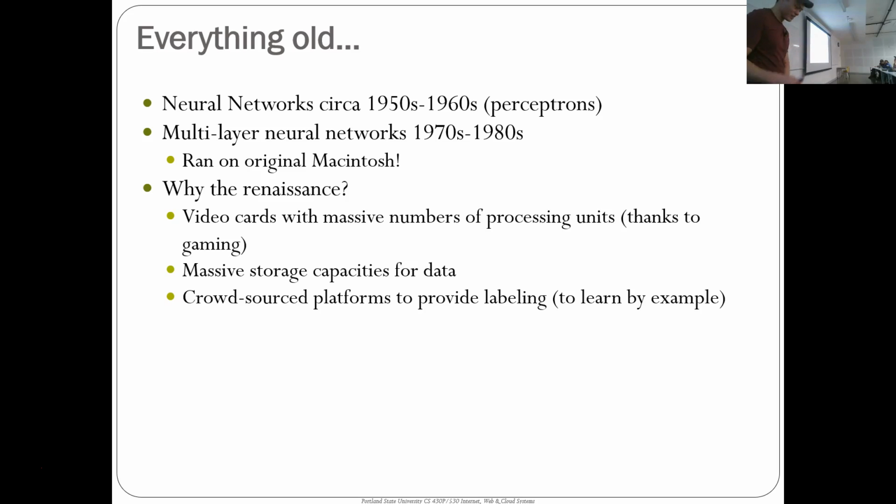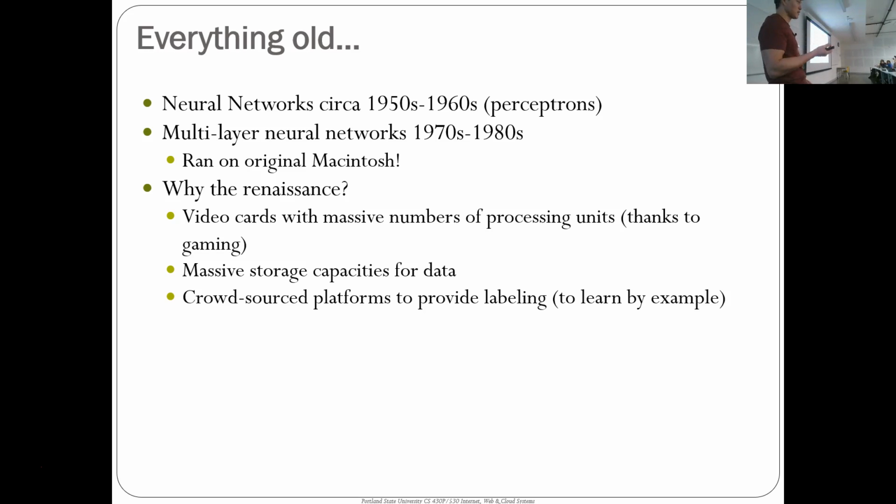So what happened? What happened was a whole lot of video game playing happened in the meantime, and people started generating these video cards with a massive number of processing units. Then the other thing that happened was people wanted to store a whole bunch of stuff, the internet, all of this multimedia content, and so the storage resources, the cost of storage went way down. And so now you have huge compute power, you have huge data storage, and this finally makes the approach feasible